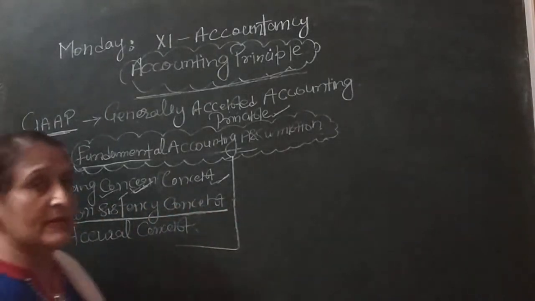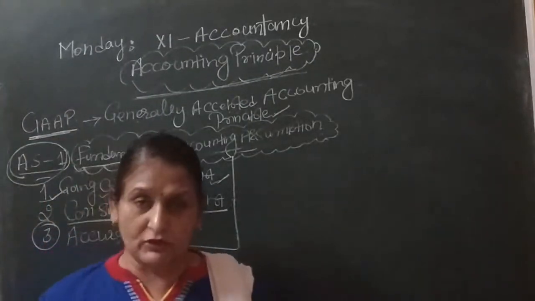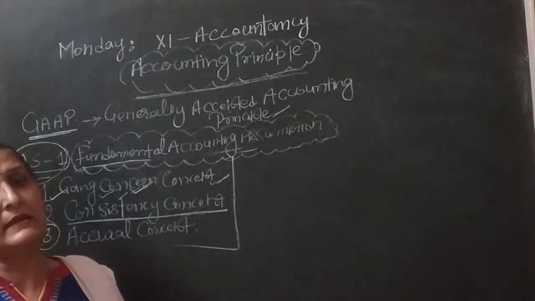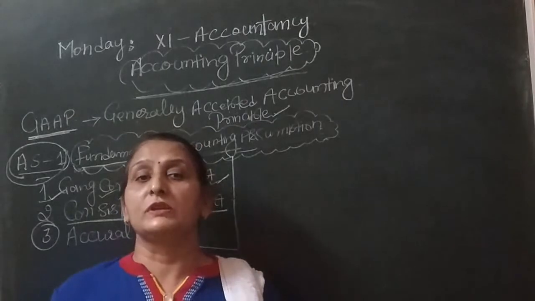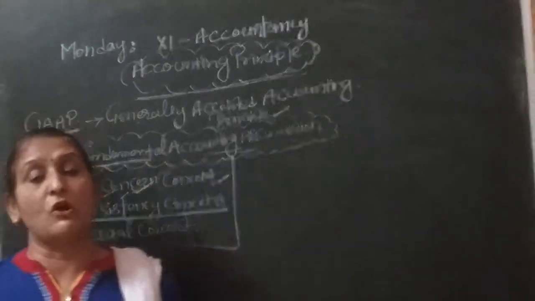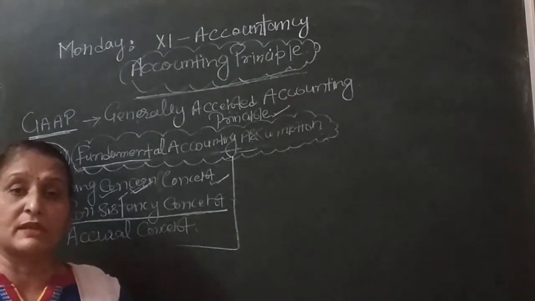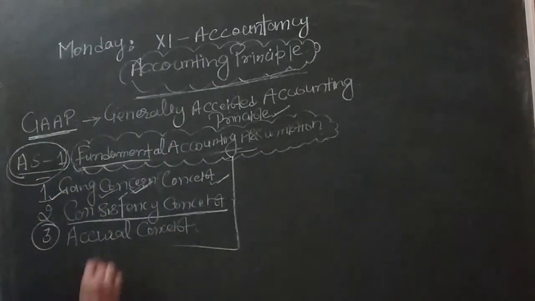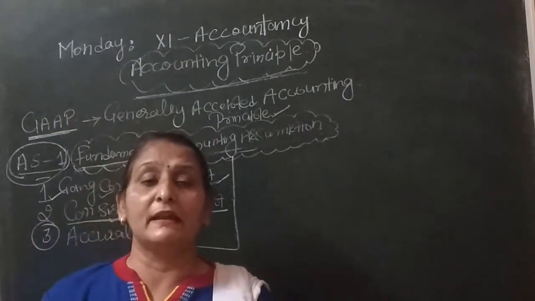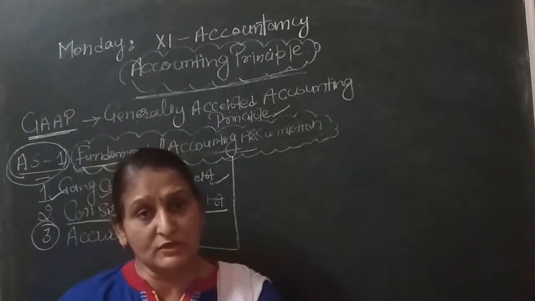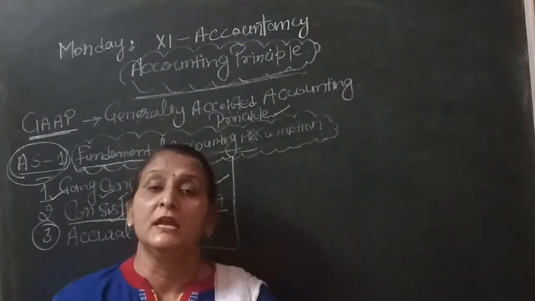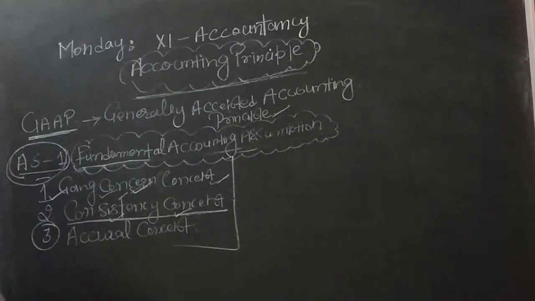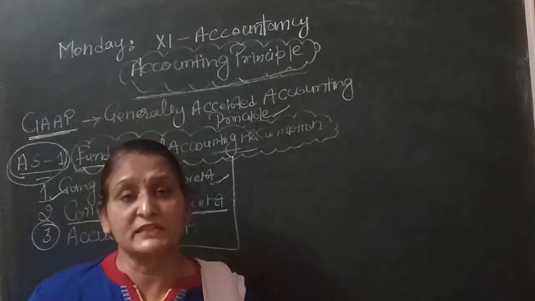According to the consistency concept, when accounting is maintained for an organization, there are some set rules, and these rules should be followed consistently for many years in the business organization. जो अकाउंटिंग के रूल्स और मेथड हमने एक बार यूज किए, काफी लंबे टाइम तक हम उनको ऐसे ही यूज करते रहते हैं, दैट विल बी नोन एज द कंसिस्टेंसी कॉन्सेप्ट, बिकॉज वी कंपेयर आवर बैलेंस शीट, आवर फाइनेंशियल स्टेटमेंट्स फ्रॉम द प्रीवियस ईयर्स। पिछले सालों से कंपैरिजन आसानी से कर सकें, इसलिए हम कंसिस्टेंसी कॉन्सेप्ट को फॉलो करते हैं।